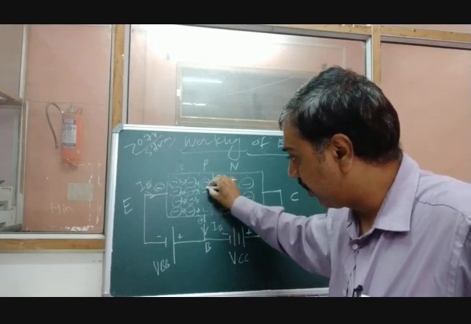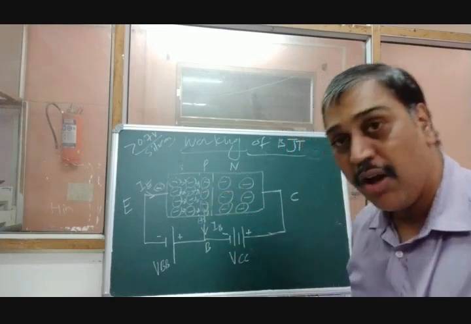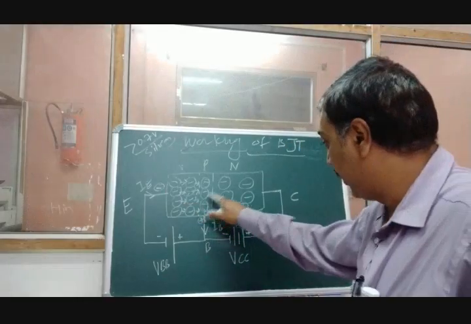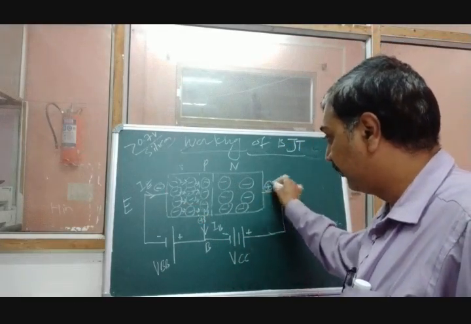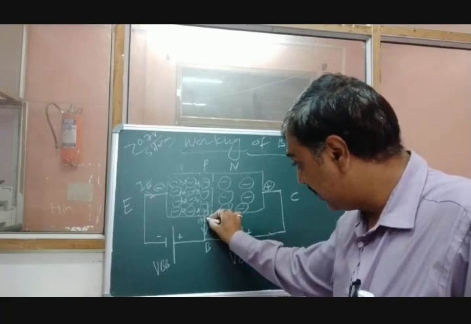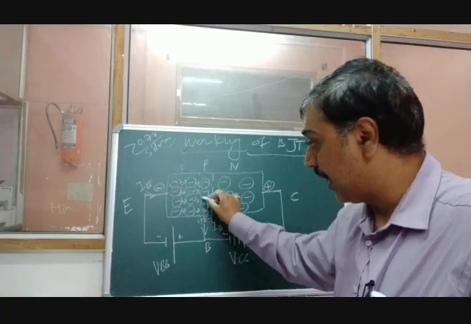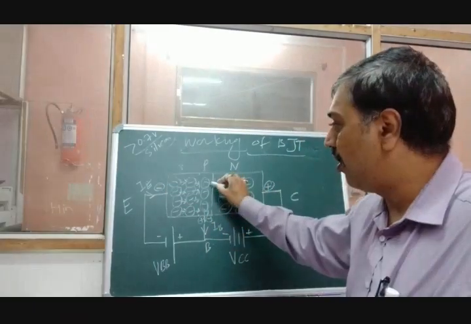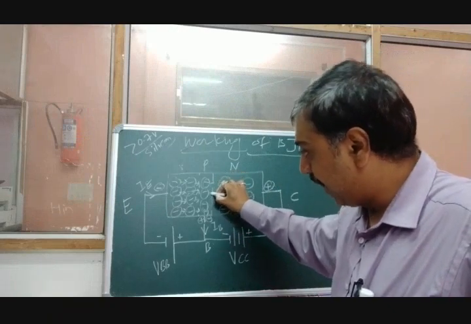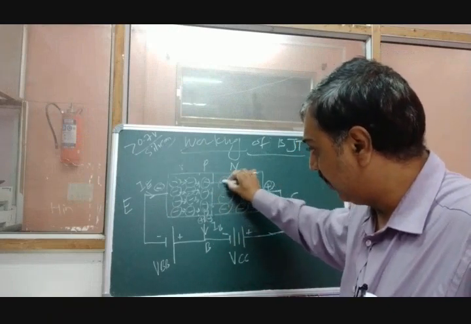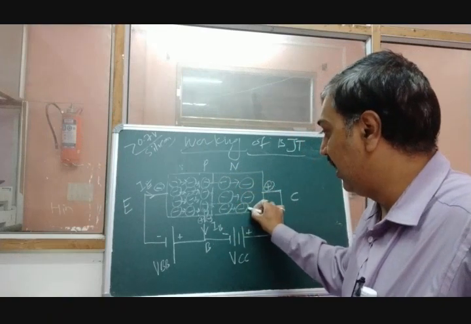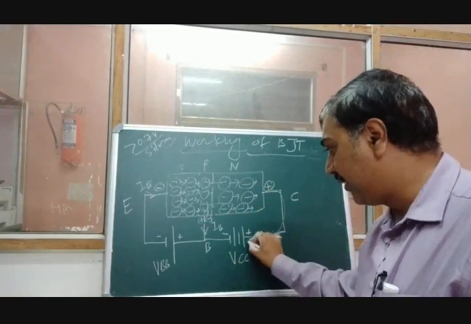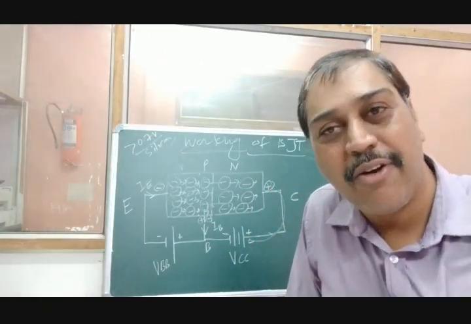All these electrons come here now. Again the same condition: negative repels. At the same time, this is positive now, and this is negative now. This negative repels the electrons, and at the same time this positive attracts all the electrons. So all the electrons move toward this junction. They will break this junction also, and they will enter the collector. And finally, from the collector, whatever electrons are there will move to the positive of the source. And this is the basic working of the transistor.